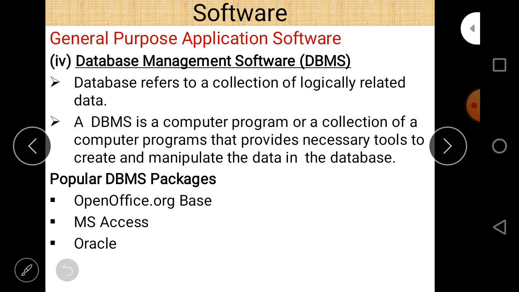And fourth is database management software, DBMS. Now there are three important terms. First of all, data. Second is database, and third is database management software. We are already aware of what software is. Software is basically a logical entity. So what is data? First of all, data is raw facts, figures, statistics which we can insert into our computer system. So raw material is called data. Whatever we insert into our computer system and the computer processes is called data.